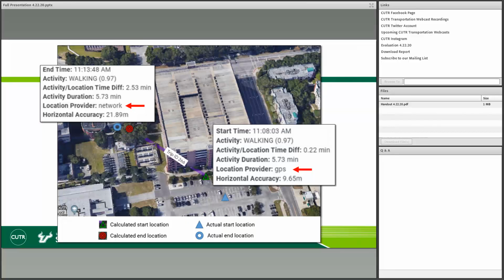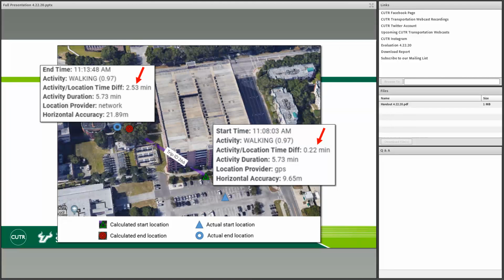From manually inspecting some of our own trips during this project, this is pretty much indicative of most of the data you see: there's a small delay at the beginning before we capture the location at the start of the trip after you get the activity transition, and the end of the trip tends to be closer to the true location.